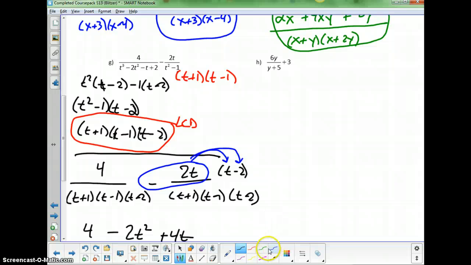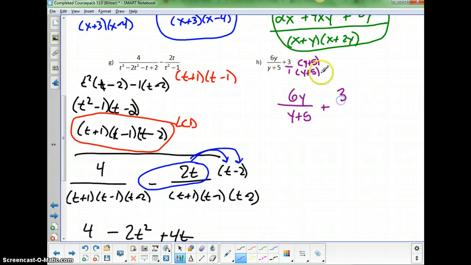Okay, and letter H. For letter H, we need a common denominator. Right now, that 3 is over 1. So my only denominator is going to be my common denominator, so I'm going to multiply by y plus 5 on top and bottom. Okay, so that'll give me 6y over y plus 5 plus 3, let's go ahead and distribute at the same time here,